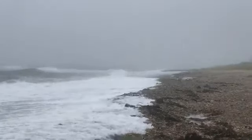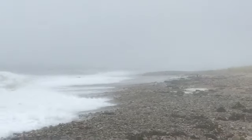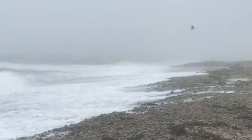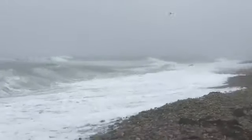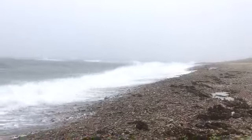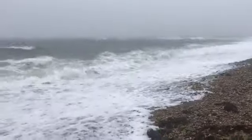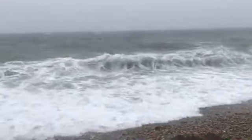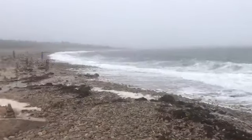The majority of Town Neck Beach is straight ahead, and you can see a slight storm surge here. In addition to these waves, folks, one of the more interesting things here at Town Neck Beach, and this beach in front of Horizons, is